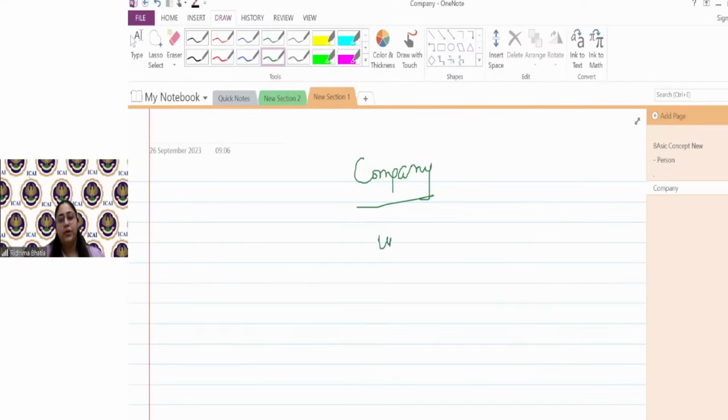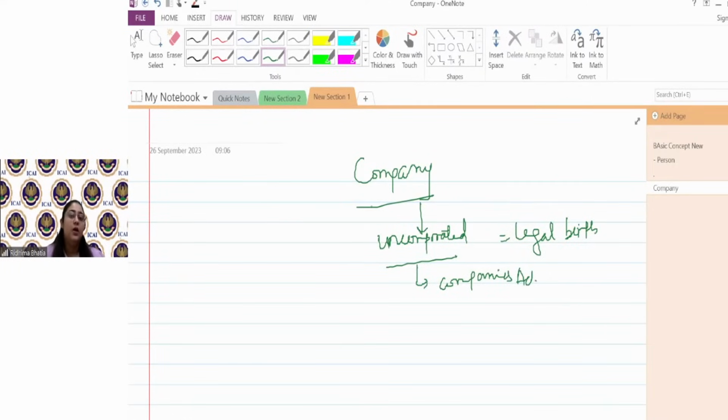Company is incorporated. First of all, फैमिली तो हमेशा से होती है, तो HUF is never incorporated, but a company is incorporated. It takes legal birth only when it is incorporated through any Companies Act. So any entity which is born under the Companies Act is a company. A company can be a private limited or a public company. It is immaterial अभी के लिए for understanding the meaning of company, but you have to understand कि कोई भी Companies Act या Corporate Act चल रहा होगा because Companies Act came in 1956.